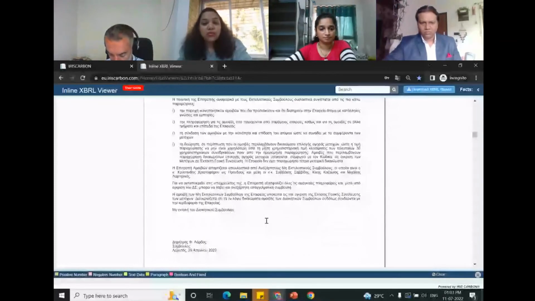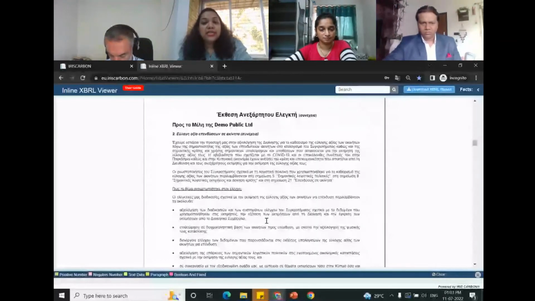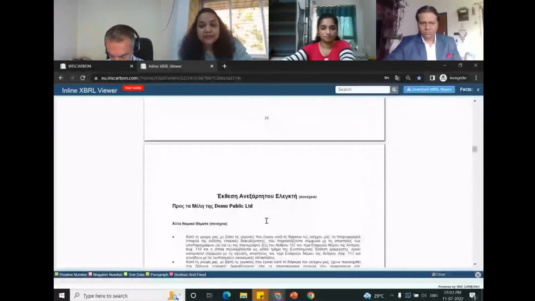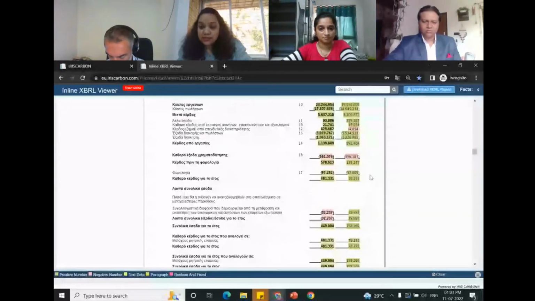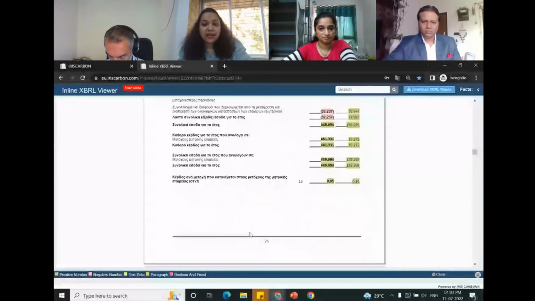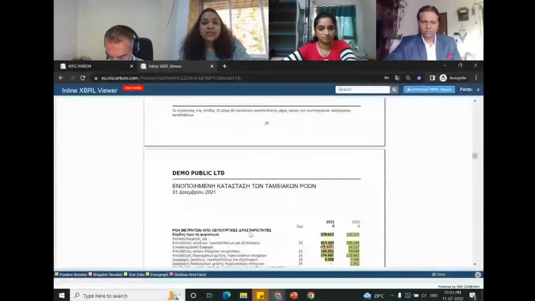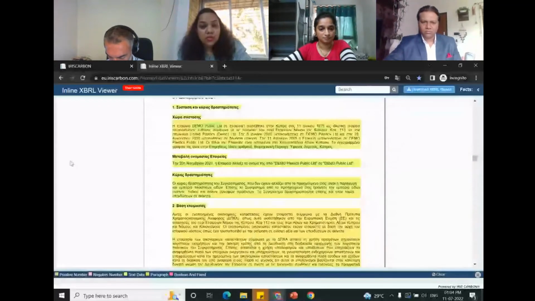And if you scroll down, you will be able to see your XBRL tags. So this is the financial statements, and the yellow highlights are for positive numbers and the red highlights are for negative numbers. So this means that this statement is XBRL tagged. And if I scroll down, this notes highlight also says that this note is XBRL tagged.